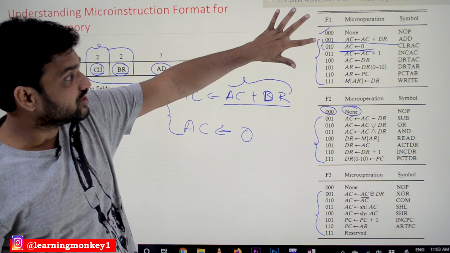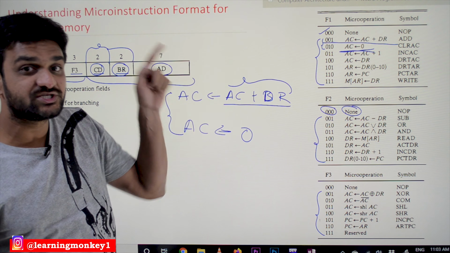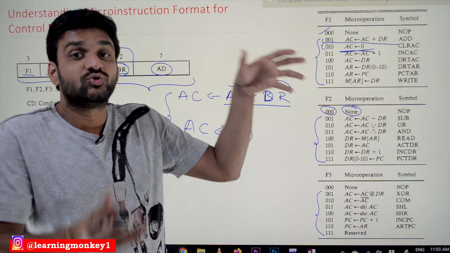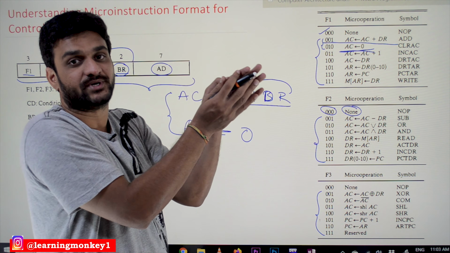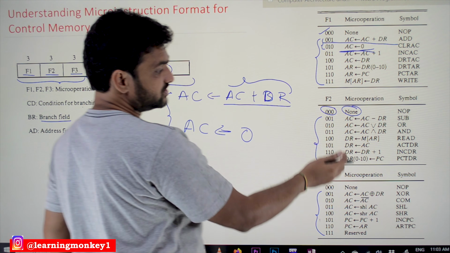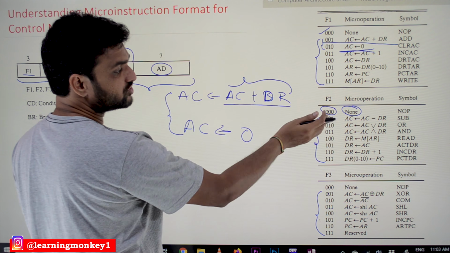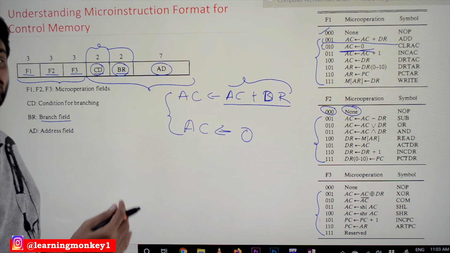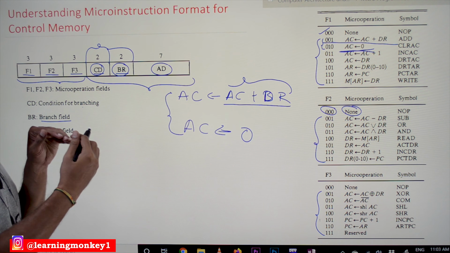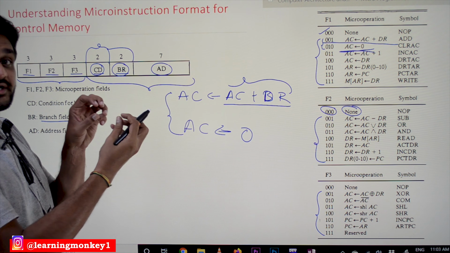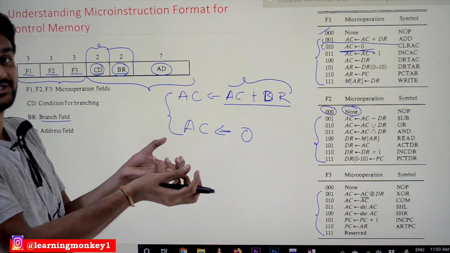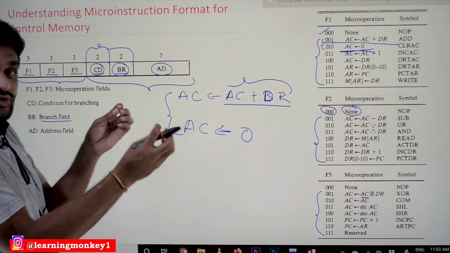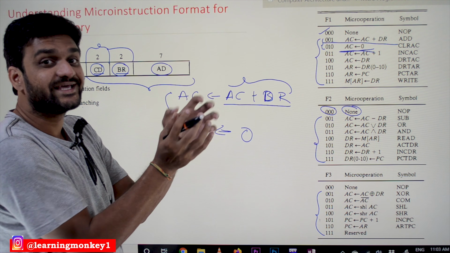So we should not use any two of these micro operations in one single micro instruction execution. Those kind of micro operations are grouped. Okay, you take this also. You take any two micro operations in this group, they are also designed in that way, so they will get conflicted. Both those micro operations will get conflicted, and with that we are going to get some erroneous results. So such kind of micro operations are made into one single group.